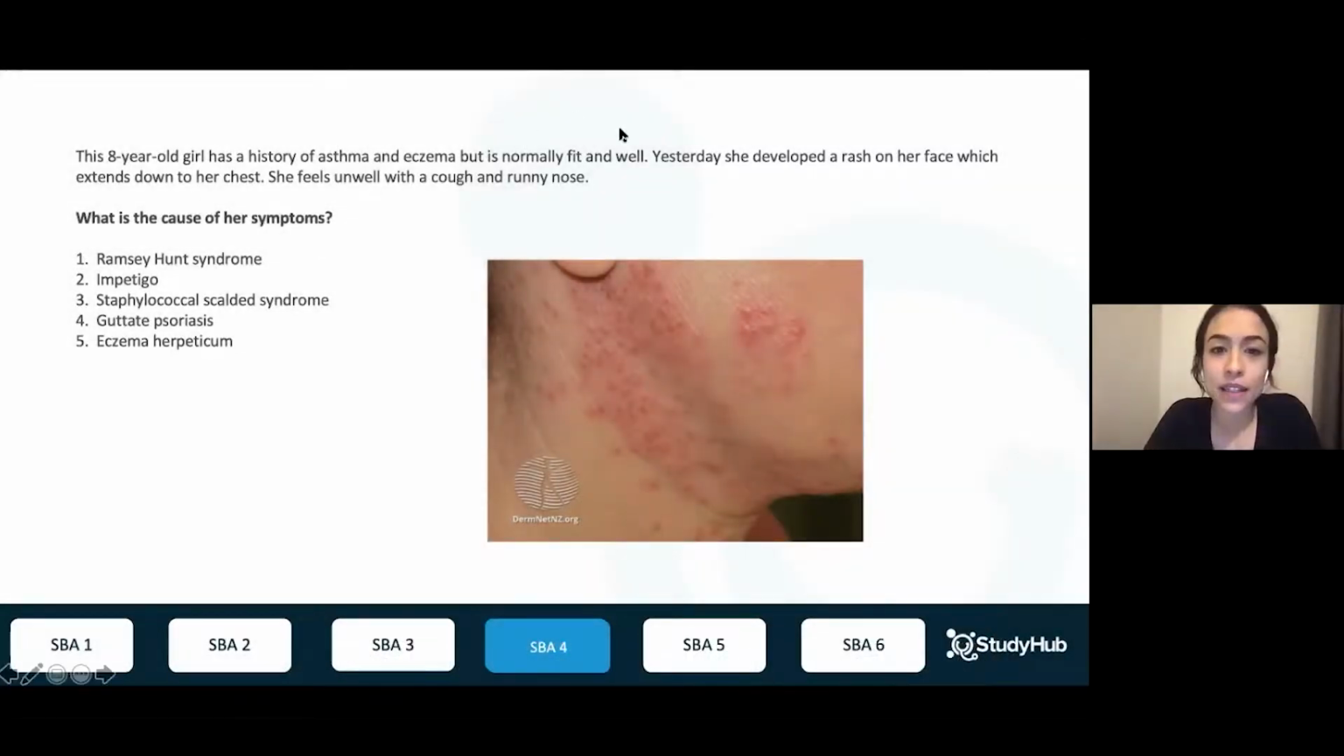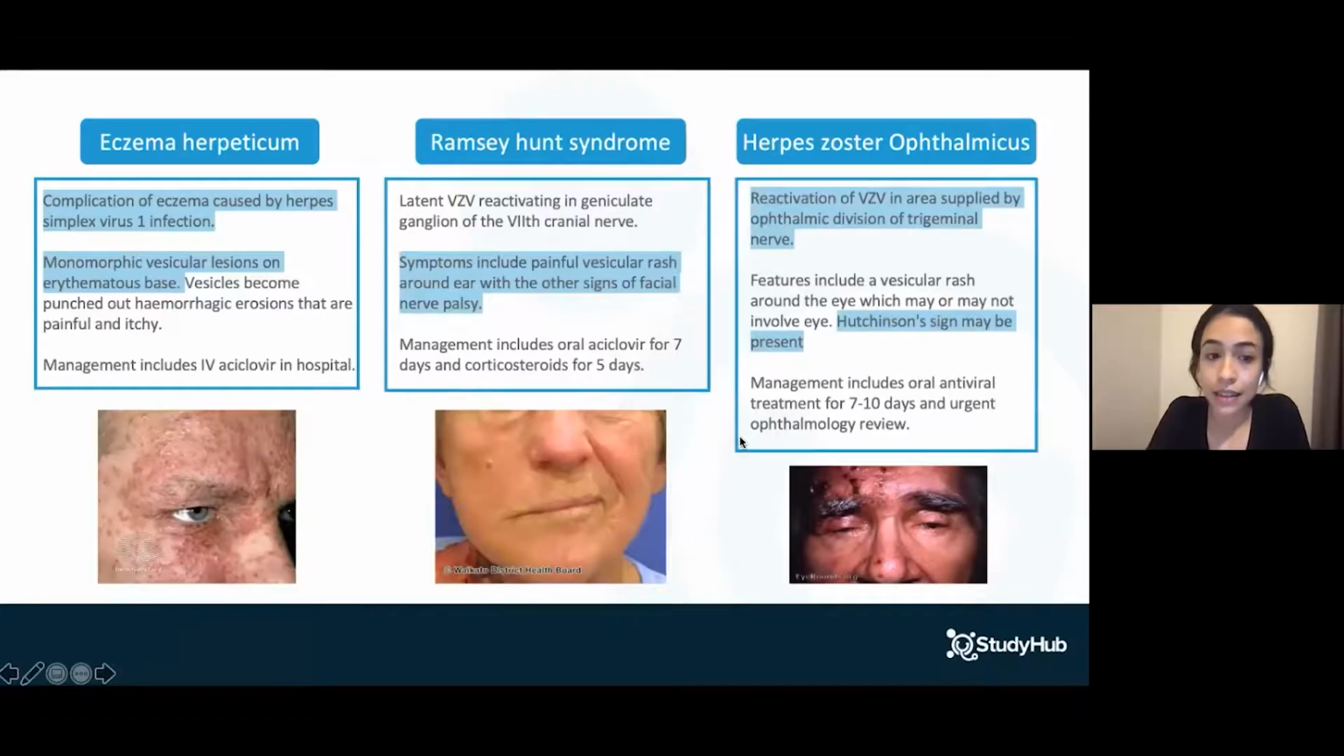Yeah, this is an easier question, but well done, guys, nonetheless. So this image is just so typical of eczema herpeticum. You have the vesicles with the erythematous base in an area that's typical of eczema, which is skin folds. And this child has a cough and a runny nose, suggesting that they have an infection. And as I'm sure you're familiar with, eczema herpeticum is the condition where you have a superimposed herpes simplex virus infection on top of an eczema